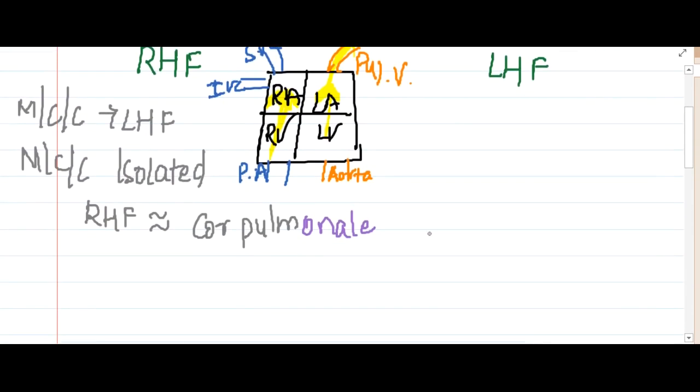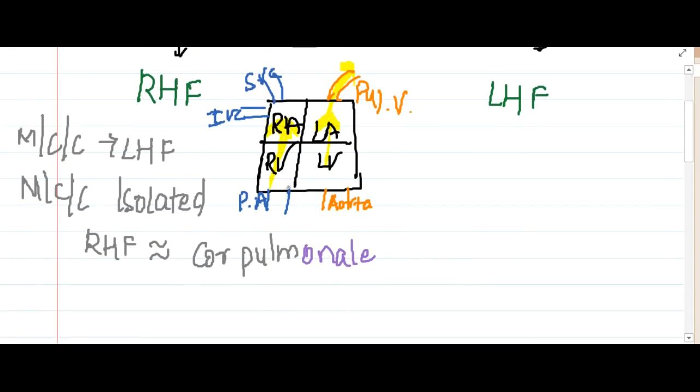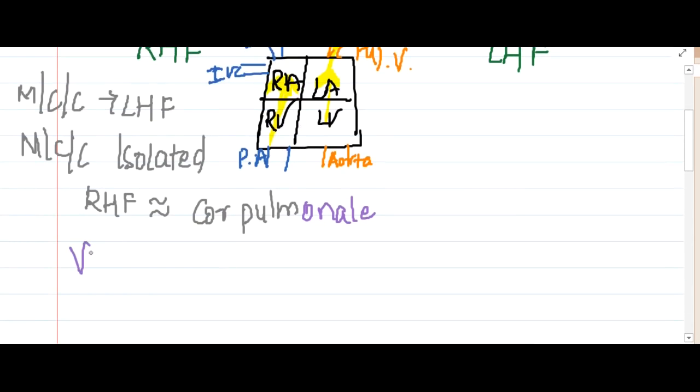Now whenever there is right heart failure, the right ventricle cannot pump the blood into the pulmonary artery. As a result, there is increased blood in the right ventricle, and back pressure to the right atrium. From there, because the right atrium cannot pump the blood into the right ventricle, there will be back pressure and increased pressure and blood in the superior and inferior vena cava. So this causes venous congestion. Here you will see increased blood in the veins.